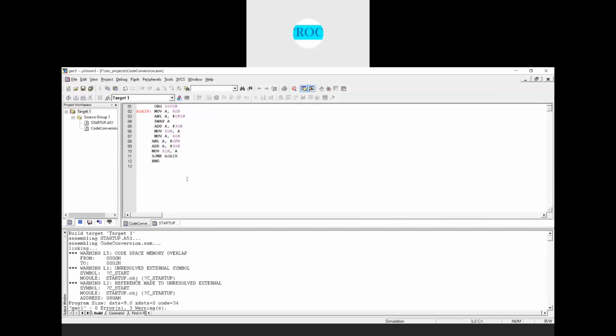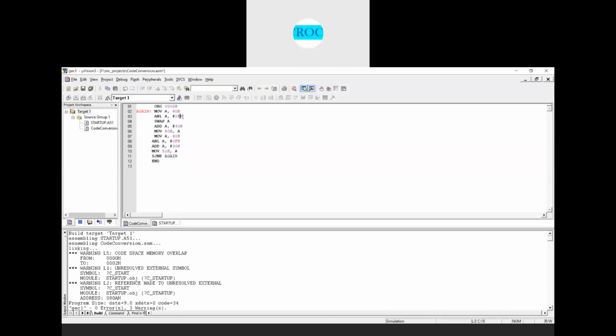What I do for this one is the same steps as we had here: move A comma 40H. In 40H I will take the first ASCII equivalent code, which is 32, and put it into 40H, right? After that, again I'll perform ANL A comma 0FH, whichever code we have.